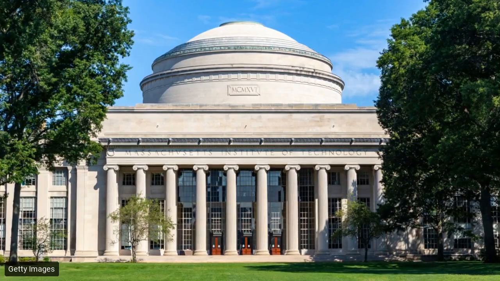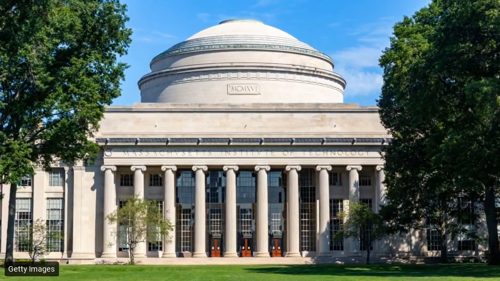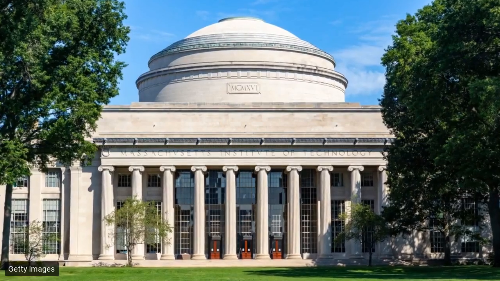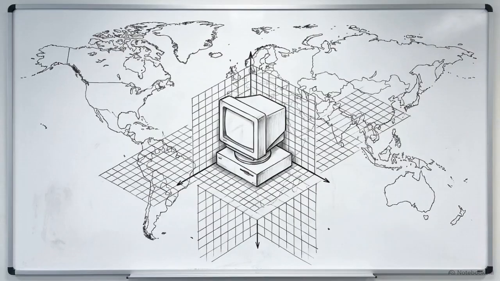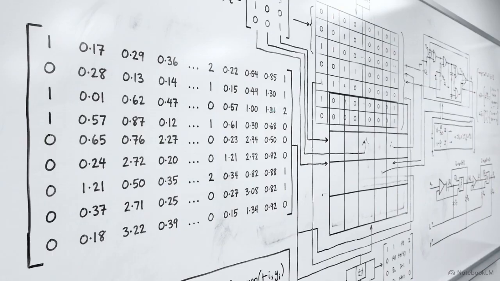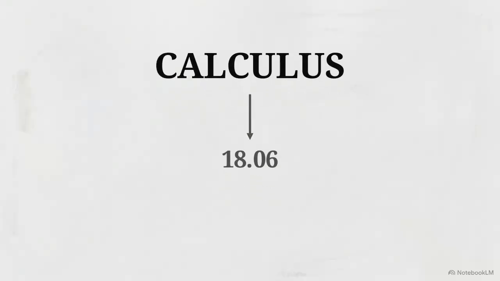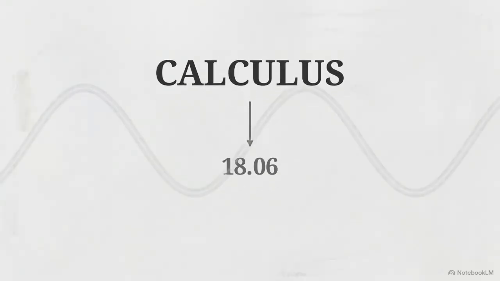In a basement classroom at MIT, Professor Gilbert Strang began recording his lectures for the early internet. He spoke with a quiet enthusiasm that eventually drew in millions of students from around the world. The subject on his chalkboard was linear algebra, a field that for decades was often seen as a secondary prerequisite to the real work of calculus.